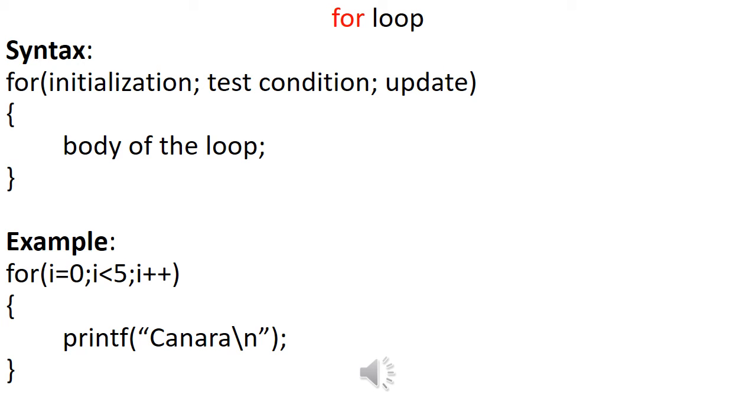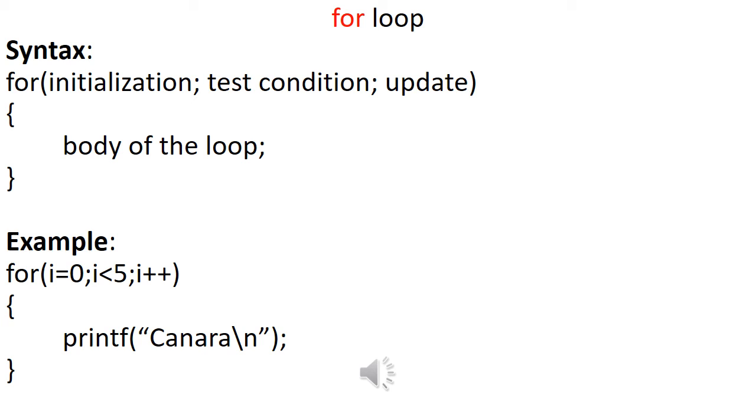Next is the for loop. Now the syntax is given as, for loop has got three parts. First one is the initialization, next is the test condition, next is the update instruction. After that we have the curly braces which indicate the opening of the for loop, then the body of the loop, that is the instructions you specify to be executed, and then the curly brace marks the end of the for loop. Now initialization is where we initialize the variables to be used.